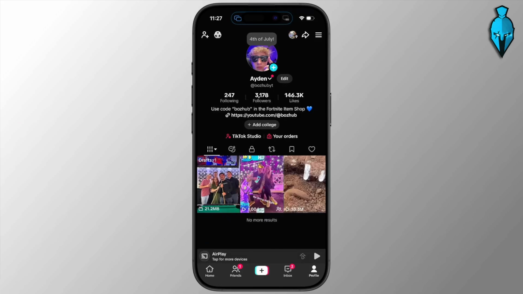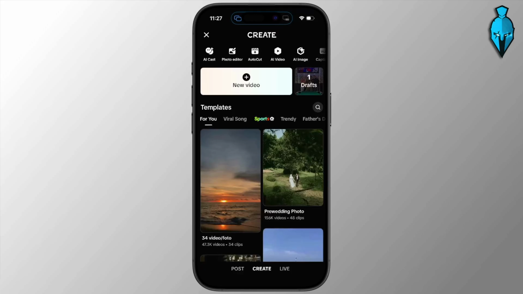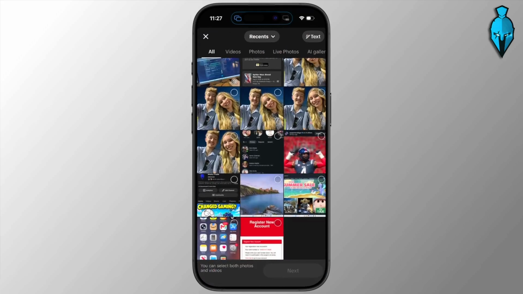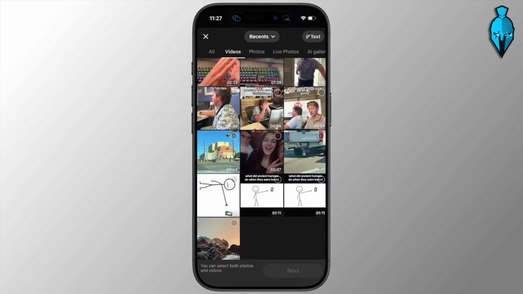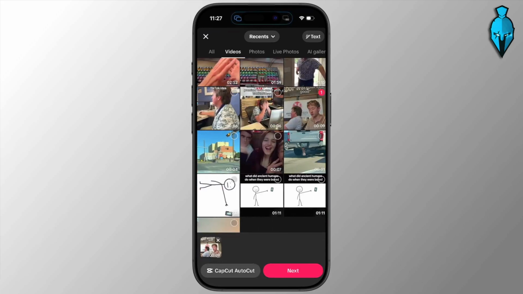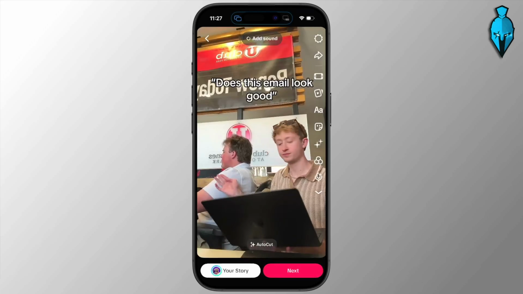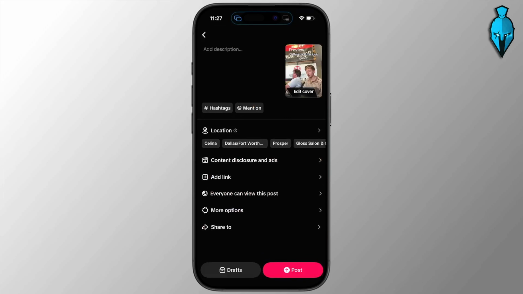Begin by opening up TikTok and you need to tap the plus icon in the bottom of the screen. You're going to see like a create, a live, and a post section. Make sure you're on post. And then from here, you're able to go ahead and select videos down in the very bottom if you want to use one that you've already recorded, or you can go ahead and record your video, record multiple clips, and whenever you're finished, go ahead and hit the next button, and then that'll go ahead and take you to the